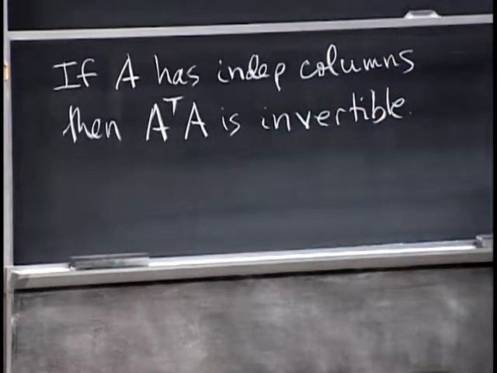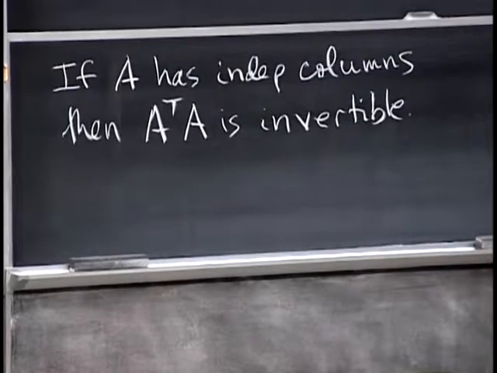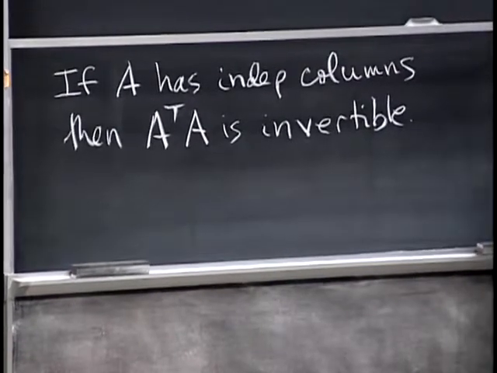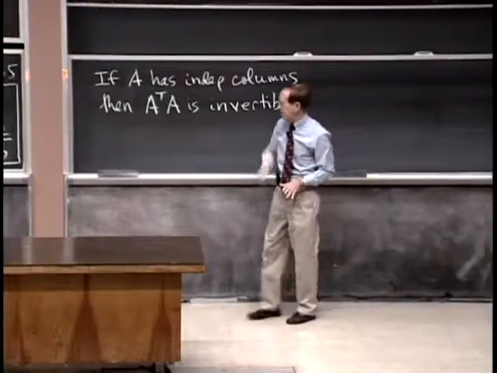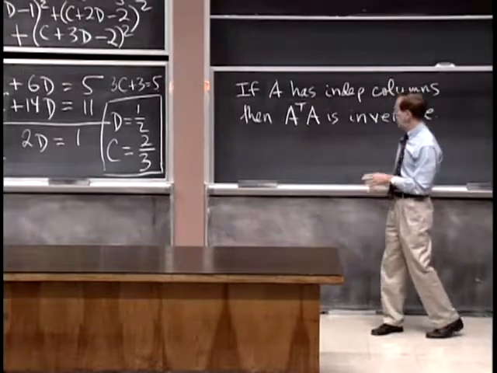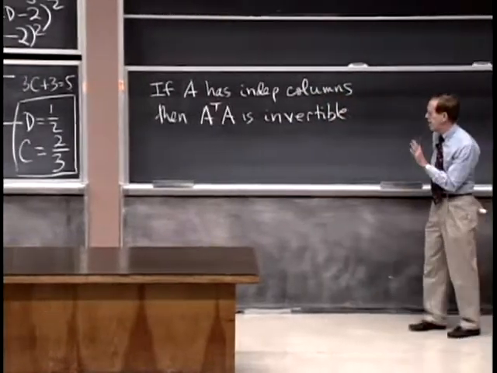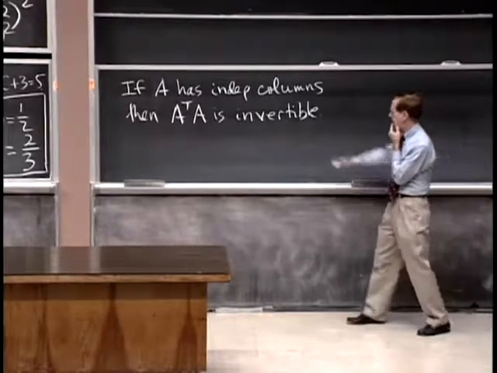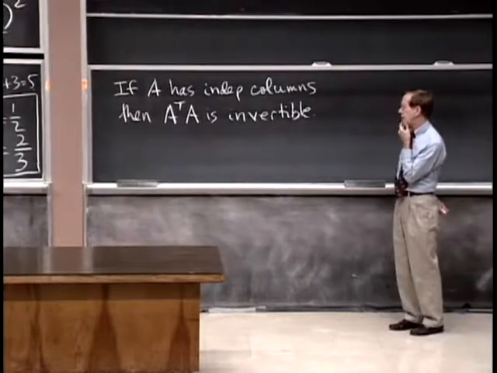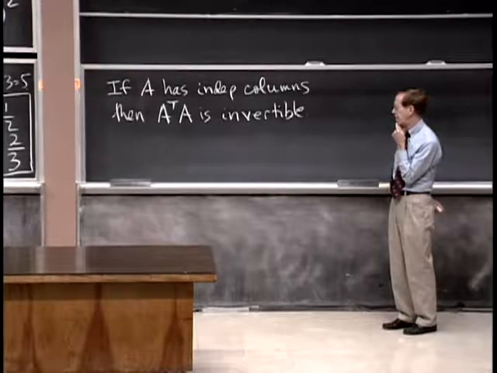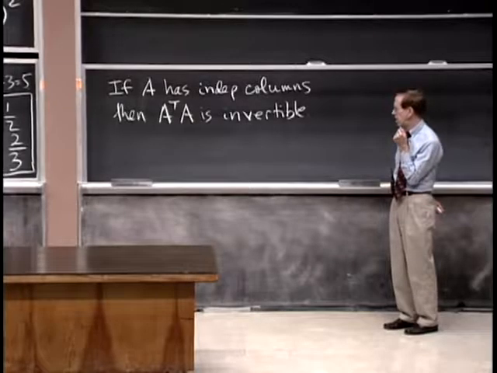And I would like to first repeat that important fact, that that's the requirement that makes everything go here. It's this independent columns of A that guarantees everything goes through. And think why. Why does this matrix A transpose A, why is it invertible if the columns of A are independent? Okay,